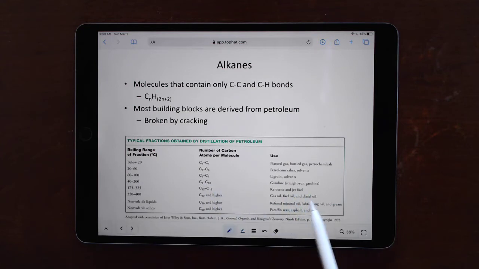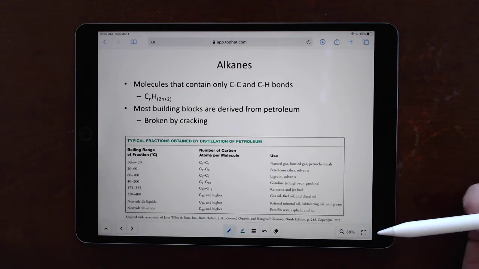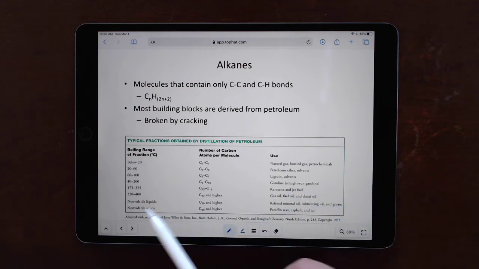Kerosene, jet fuel, diesel fuel. These are a little bit larger compounds, but they're still liquids. And then once you start getting into non-volatile liquids, things like paraffin or greases. I'm sorry, mineral oil, greases, things like that, and then non-volatile solids, which are used for tar and asphalt and stuff like that. One of the things people don't realize about asphalt roads is